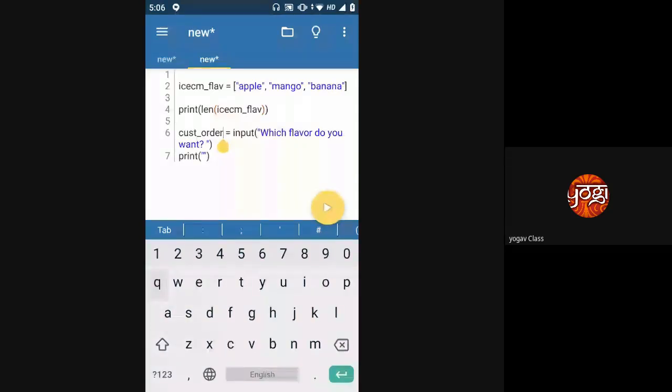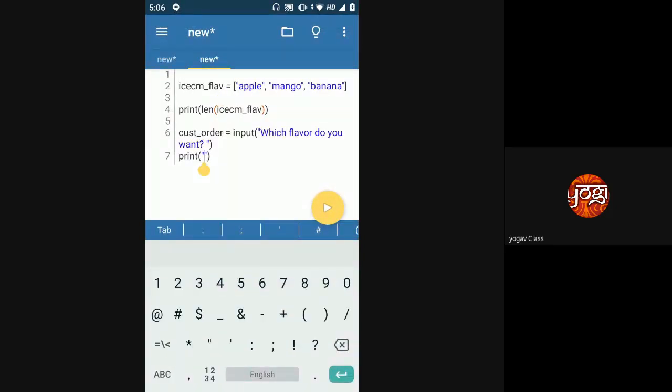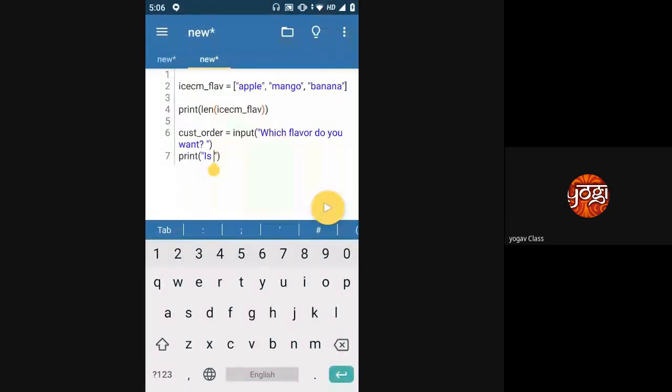I want to see if that flavor that the customer has given me is present in my current available flavors or not. What should I do to check if that flavor is present in this list or not? The same way we did for strings, if you remember.